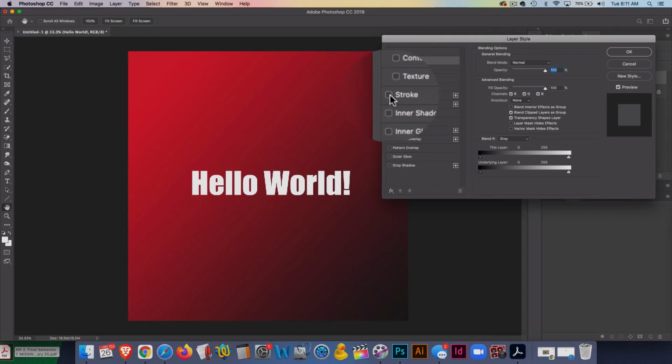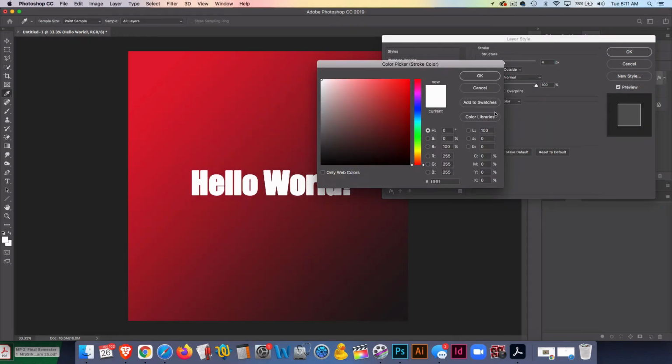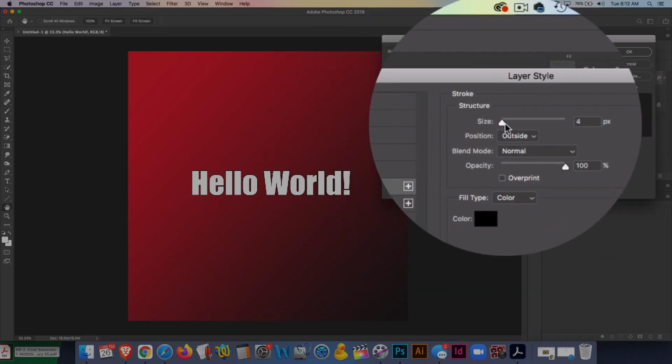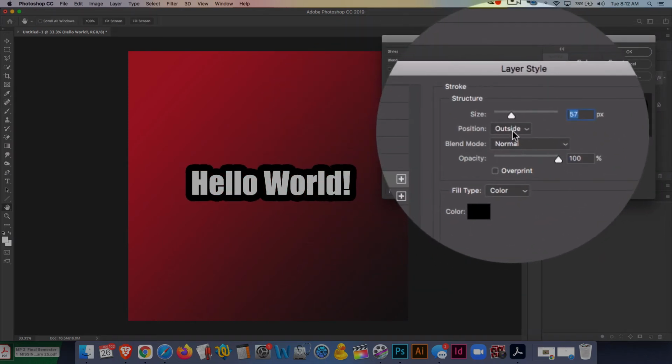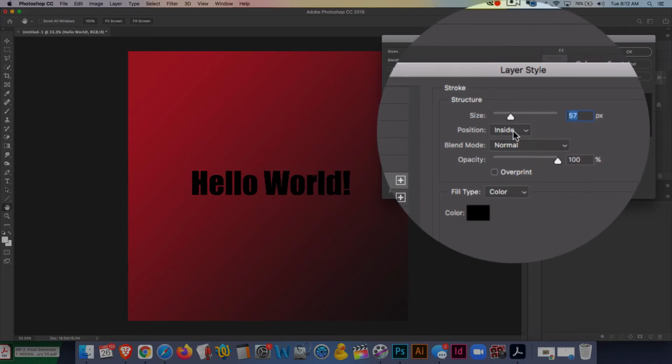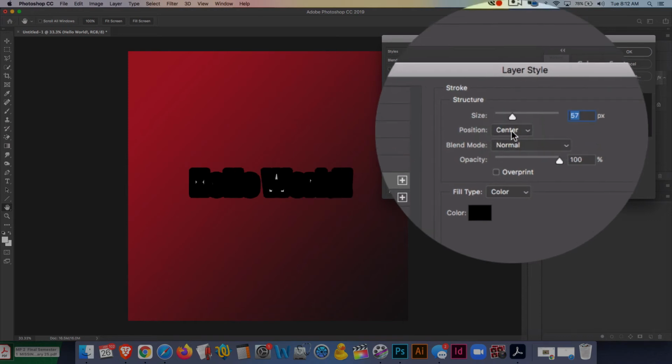Now, if I just click on stroke, you may have noticed it puts a little white stroke around it, but that's about it, and that doesn't look that great. So by clicking on the actual word stroke, I pull up all these options where I can change the color of the stroke, and I can change the size of it. I can change the position of it. So an inside stroke really just puts that border, which in effect is what a stroke is, all over the inside of the text. Center adds a little bit